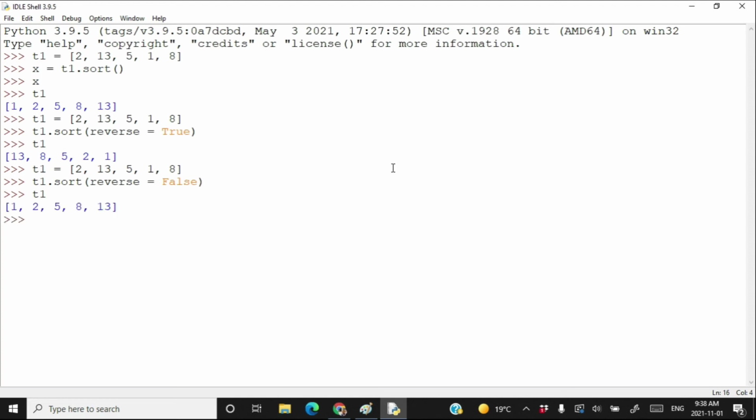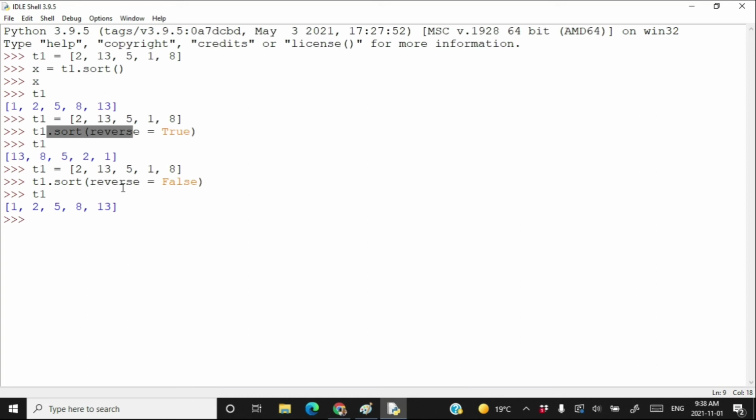Type T1, and the effect is the same as calling the sort method without any argument. So writing reverse is equal to false is not necessary. You can just call the sort method and you will get the sorting in increasing order. But if you want sorting in decreasing order, you must write reverse is equal to true as an argument of the sort method. This is the sort method.